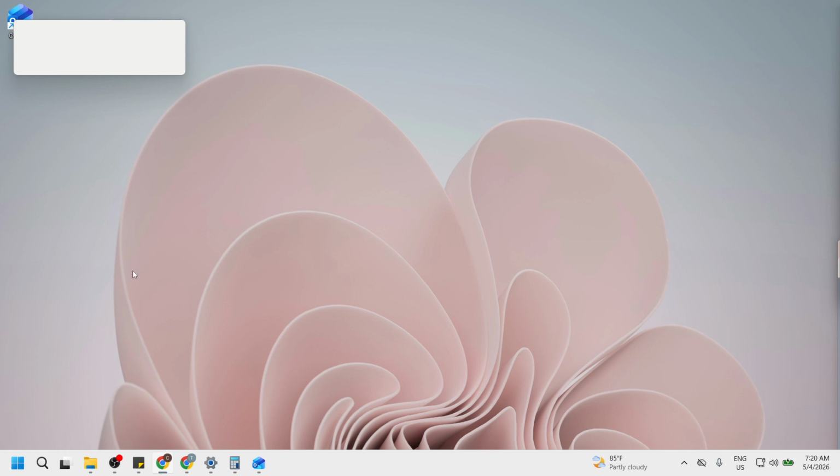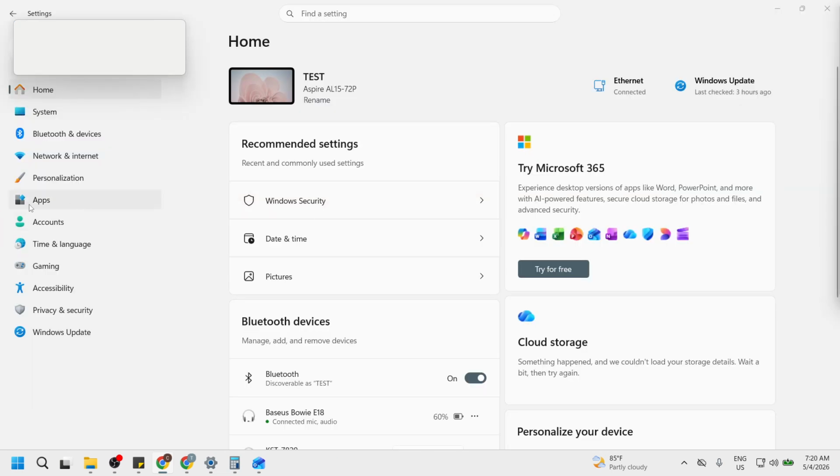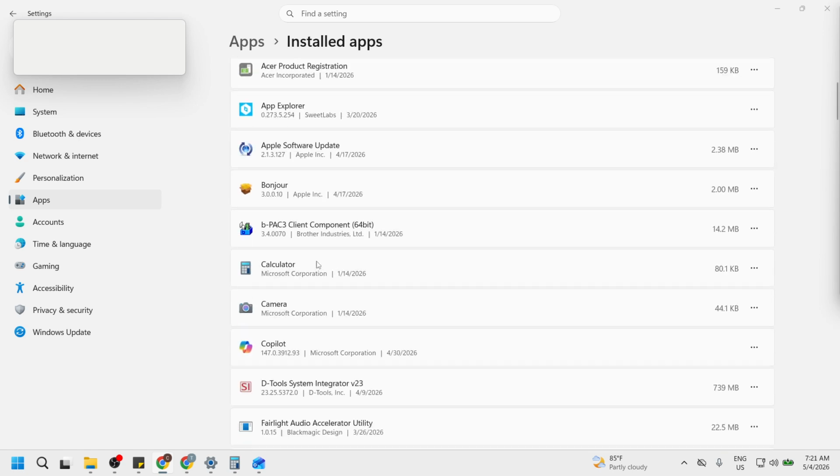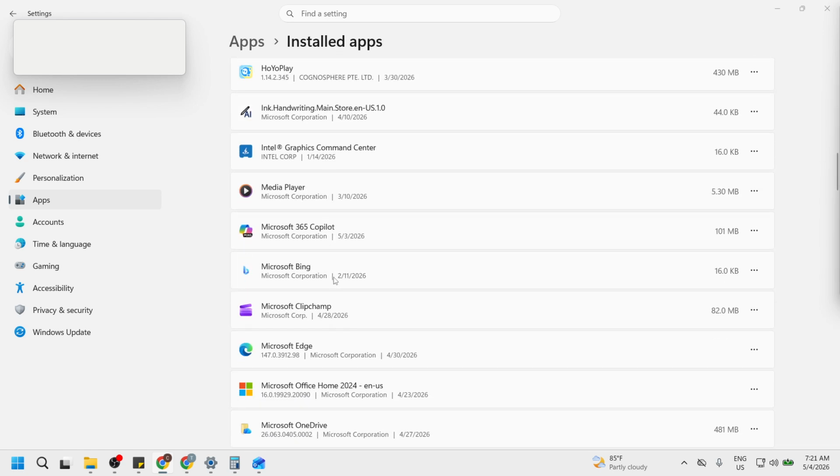On your keyboard, you can use the Windows key plus I or select the gear icon from the Start menu. In Settings, choose Apps. This is where Windows lists software installed on your computer and lets you manage it. Next, go to Installed Apps. Depending on your Windows version, this might be labeled Apps and Features, but it serves the same purpose. You'll see a search box for quickly finding specific entries.